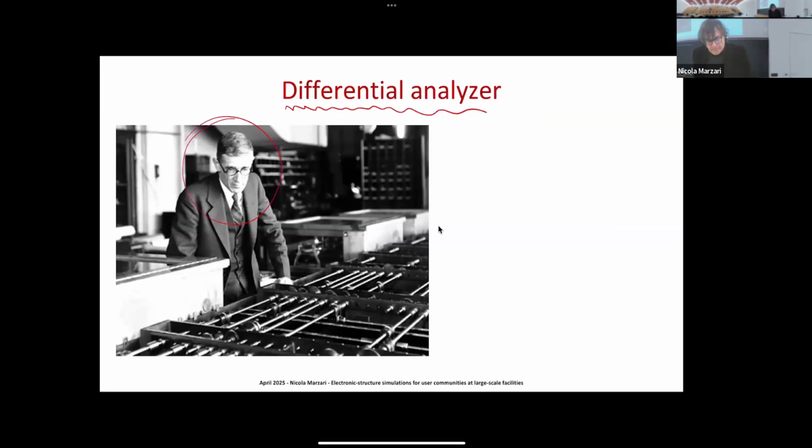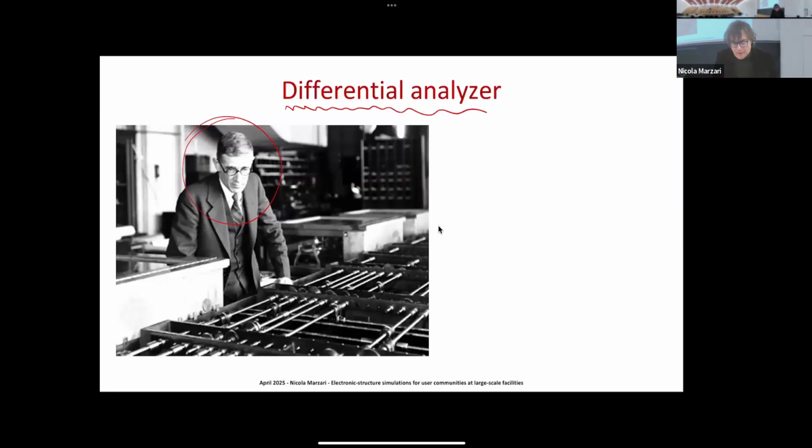And the guy here is Vannevar Bush, no relation with the family of presidents, super smart guy that had built a mechanical computer. So it's called a differential analyzer. And Hartree went and he was able to solve the Hartree equation for interesting problems. There was one thing that went wrong, but before going into this, I need to do 2 minutes